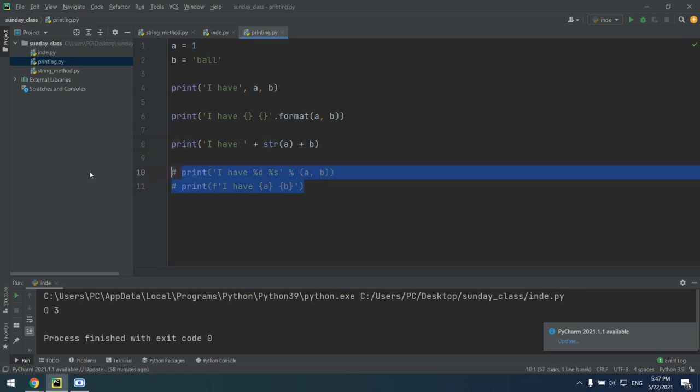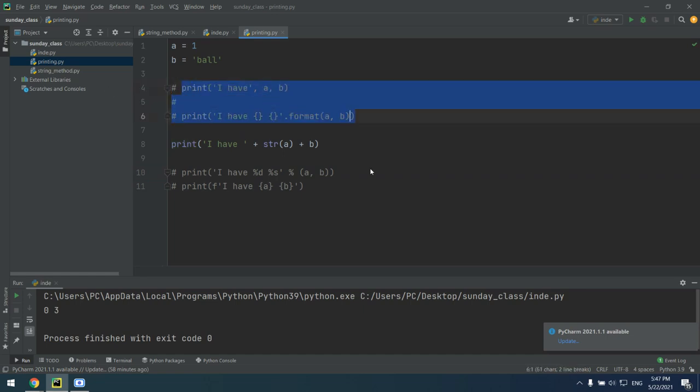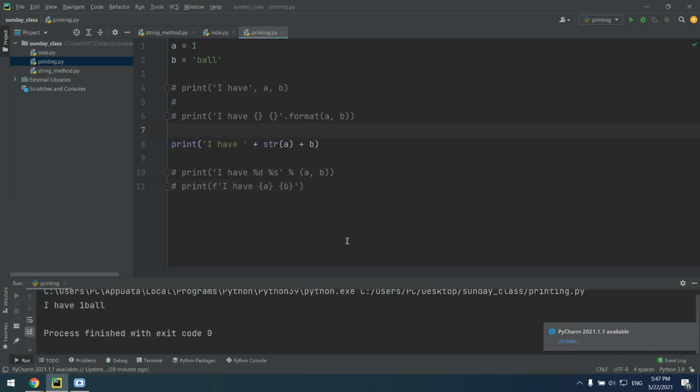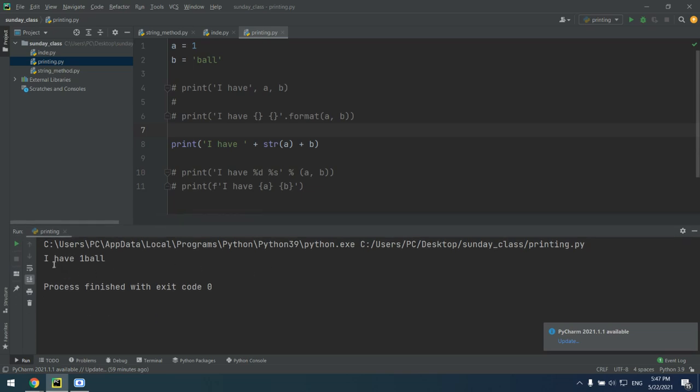Okay, let me print the result for you. Let me comment this out. Then we'll run this. No, not debug. Okay. See here, a, I have a ball. I have one ball. Okay, and now I know the reason why they put